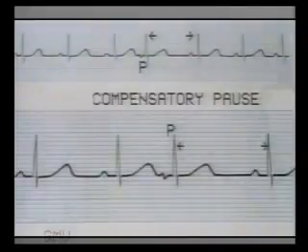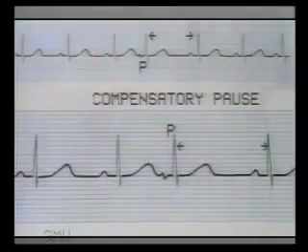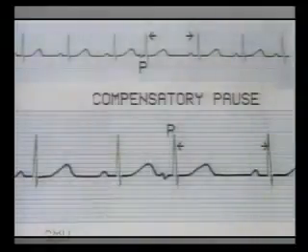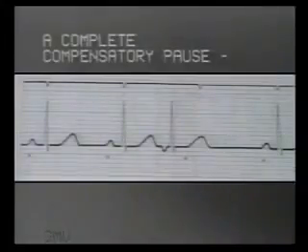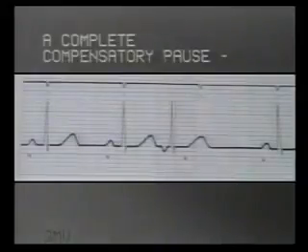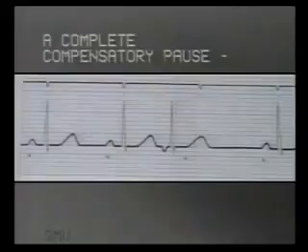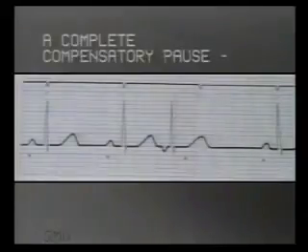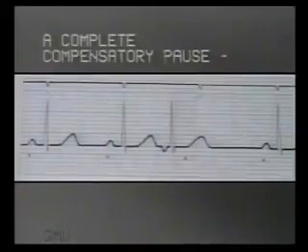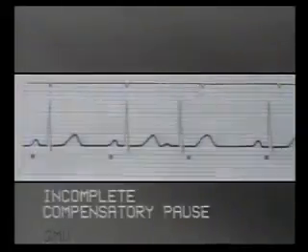If it compensates exactly for the missed beat, and the third sinus beat occurs exactly where it would otherwise have occurred, then it is termed a complete compensatory pause. Observe this strip carefully. The red spots mark the expected occurrence of P waves and the black line at the top marks the expected occurrence of the R waves, that is, if the sinus rhythm was undisturbed. You will note that the beat after the premature beat has occurred exactly where it should have occurred. So this is a complete compensatory pause.